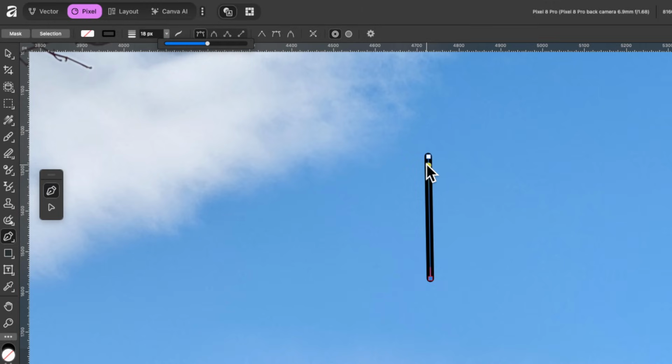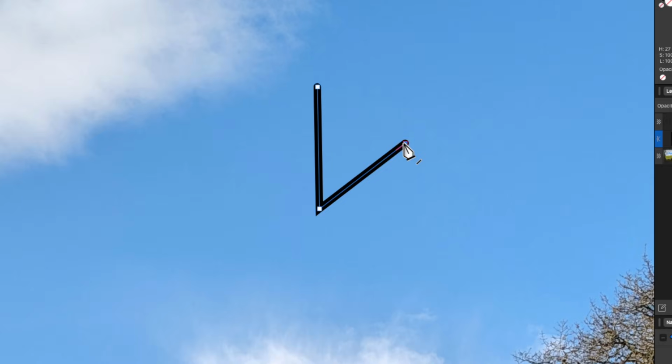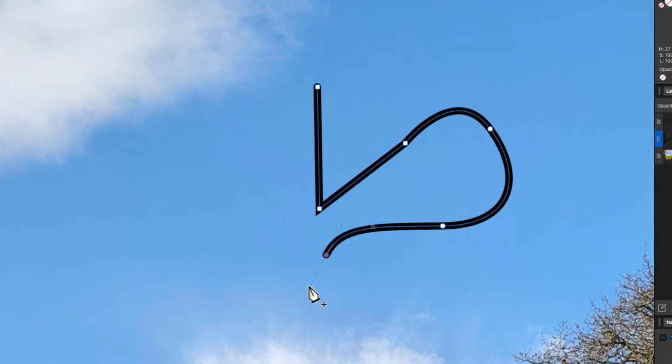And if I wanted to change the color of that, instead of it being black, I could just go over here and select the stroke color. So you see I could choose any color I want there, but I'll just keep it black for now. And the box right next to that is called your fill. We'll get to that. If I just click once more over here, you can see I have a nice sharp corner there. And if I click and drag, you see now I have a smooth node and it has handles which I can manipulate like this. And if I just keep clicking and dragging, I get the smooth nodes. And if I just tap once, I get a sharp node and I can have those nice sharp corners.